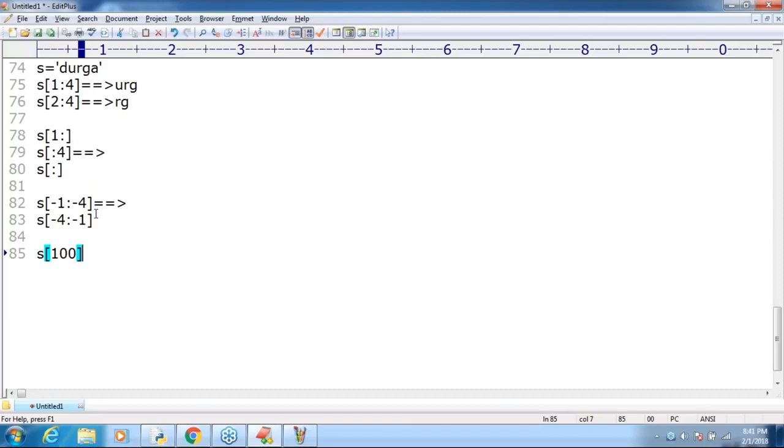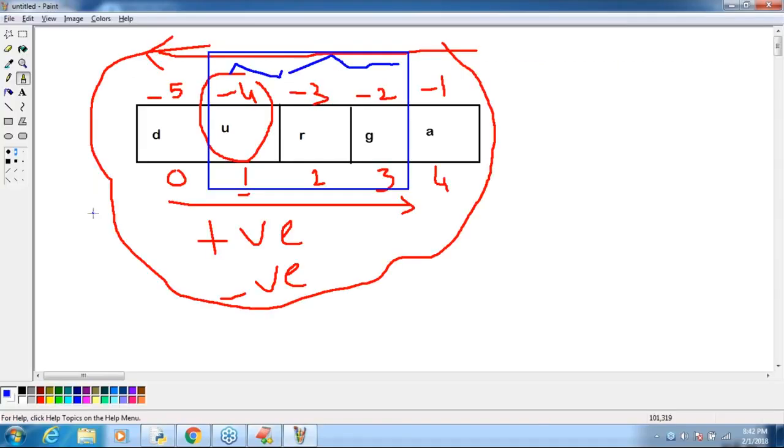Yeah, good. Just think very carefully, man. S of 100, what is the answer? Sir, am I using the slice operator? Yes or no? No, I'm not using any slice. Where is the colon? I'm not using it. Just directly by using the index, immediately you are going to get